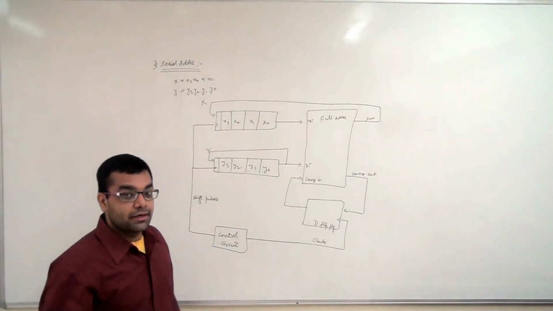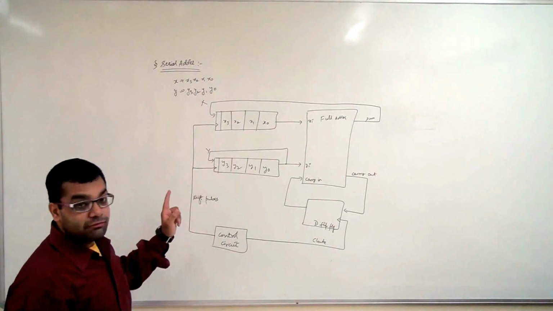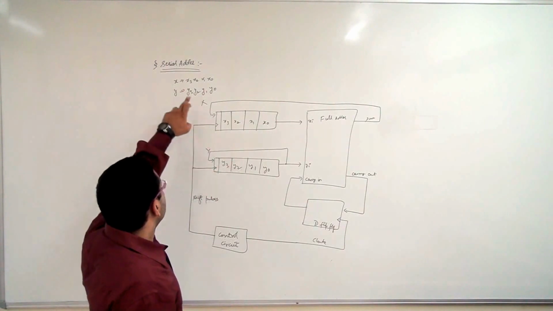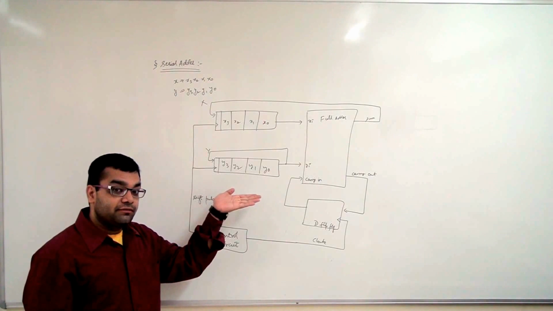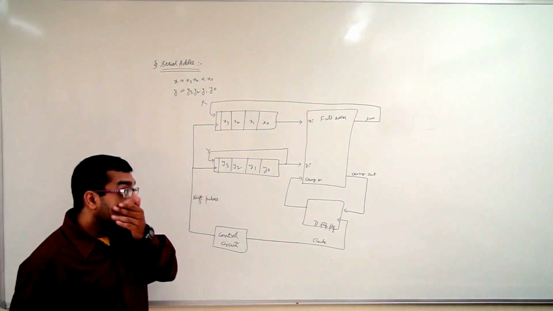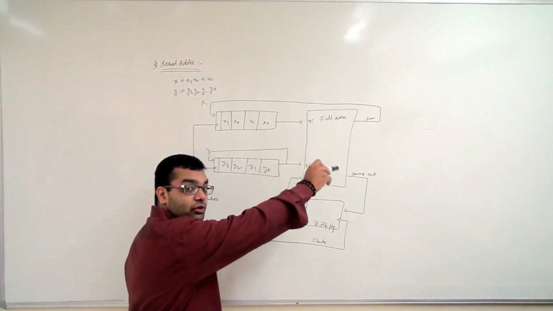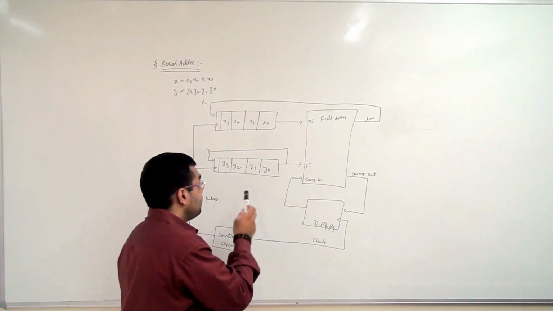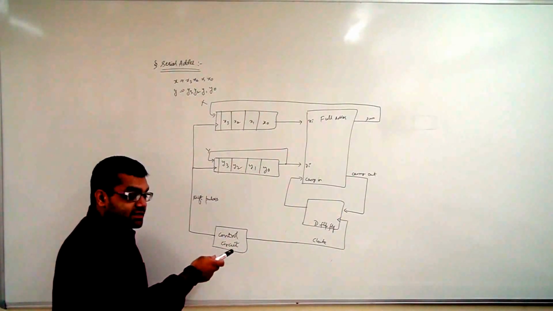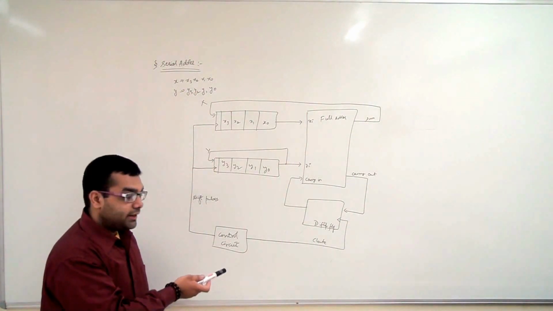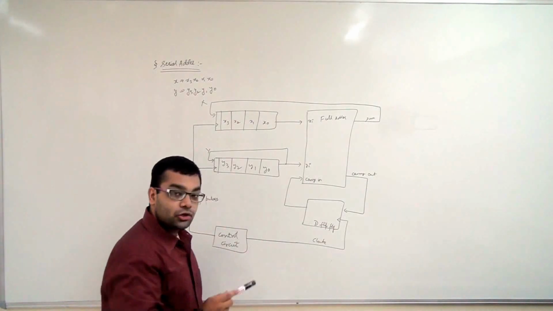Now this is our basic circuit. You can see there are two registers x and y that contain our respective 4-bit numbers, x3, x2, x1 and x0 being the individual bits of x, and similarly y3, y2, y1 and y0 the individual bits of y. Now how does this work? We have the full adder over here, and in the circuit we have a control circuit. The control circuit generates our control signals. There are two types of control signals: the shift pulses and the clock.